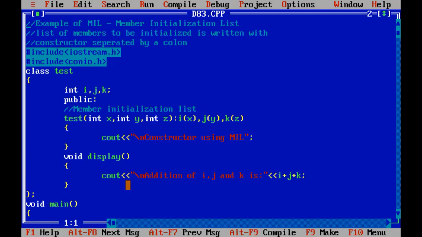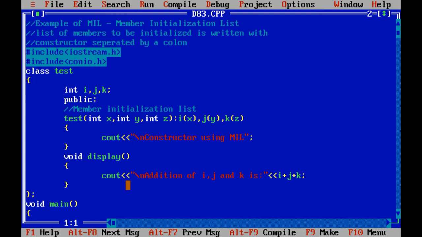So in this way you are able to initialize the value of class variable using a parameterized constructor, right? But what is the advantage? Over here we have not declared any default constructor. We have just used the concept of MIL to save time as well as effort as well as memory of the occupied variable.